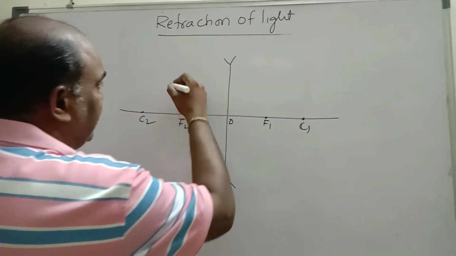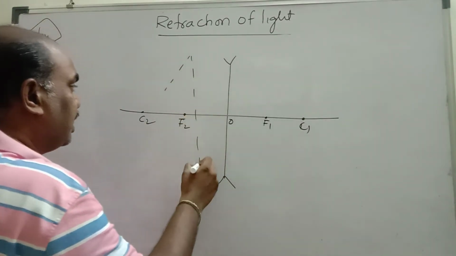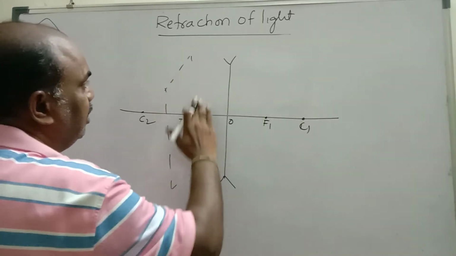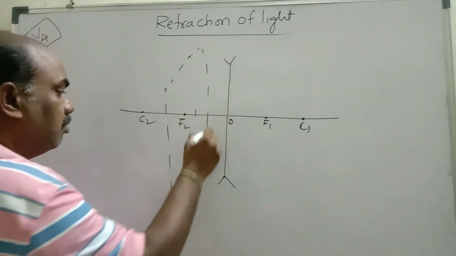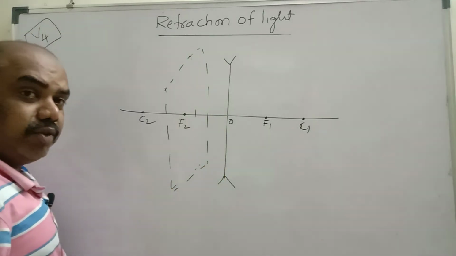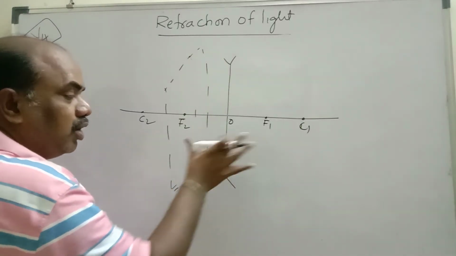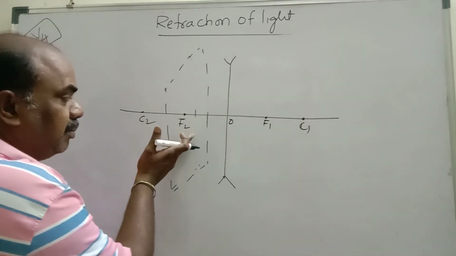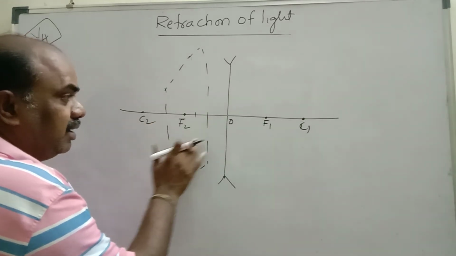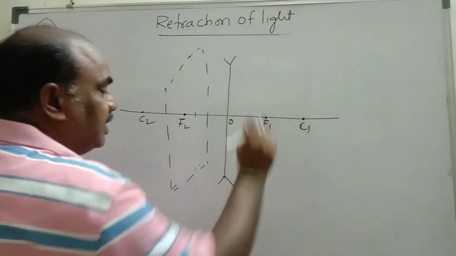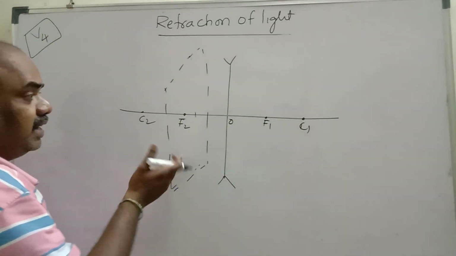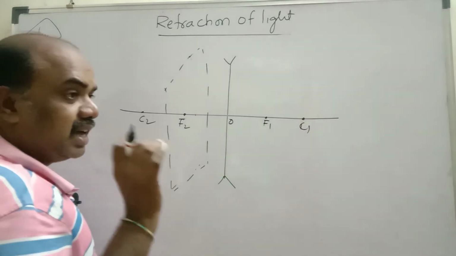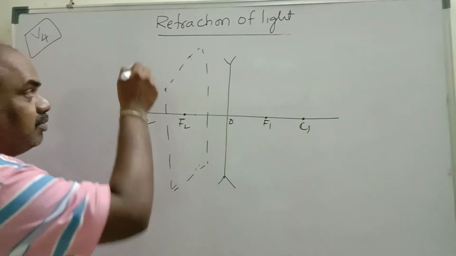Here also the same scenario. If you draw a plane perpendicular to the focus, this is called the focal plane. Sir, how many focal planes are present? Two focal planes are present for any lens. If you place the object, the image forms on this focal plane. Here, sir, why are you writing on the same side? Because it is a diverging lens. A diverging lens always forms the image on the same side as the object.